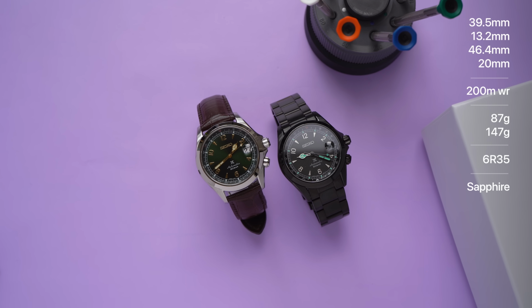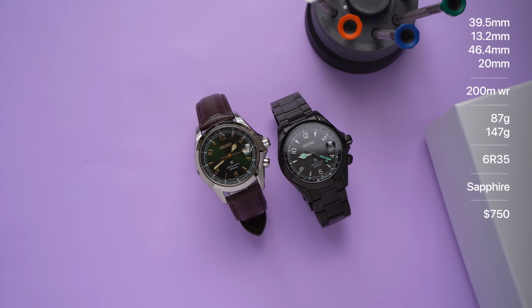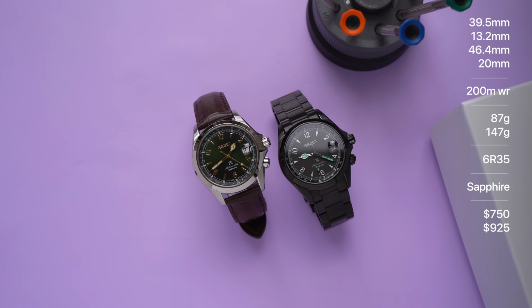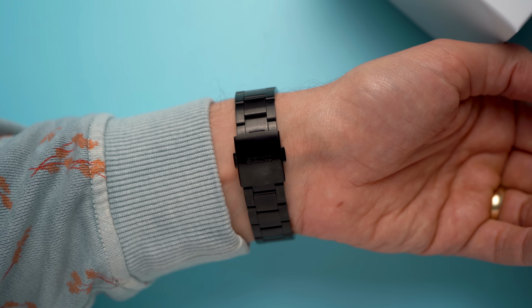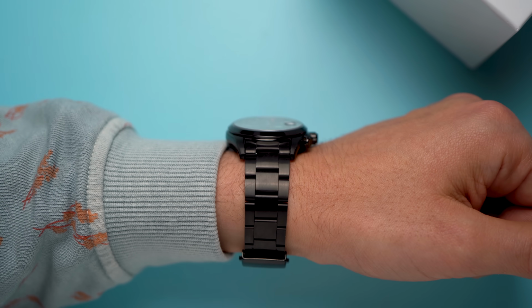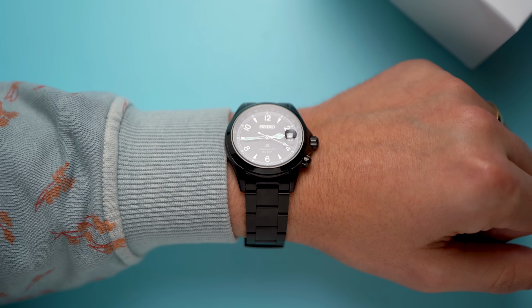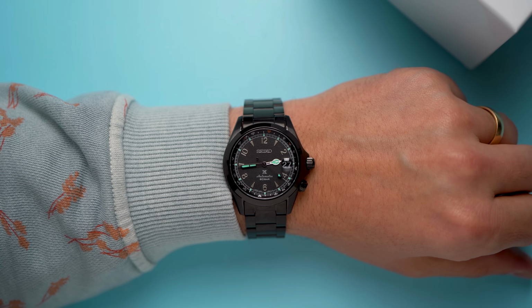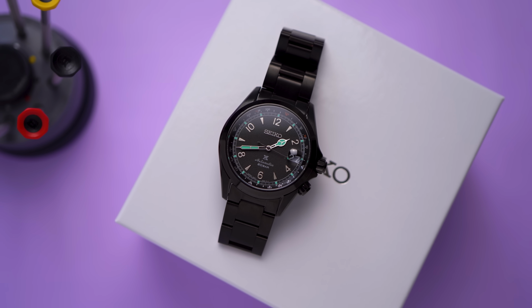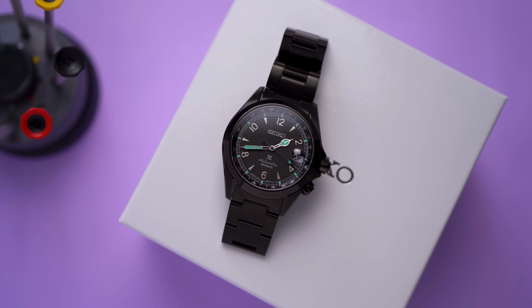Both watches use the 6R35 Seiko movement and has 70 hours of power reserve, and both watches use sapphire crystals. The green SPB121 lists for $750 and the black Night Vision SPB337 lists for $925, but it's increasingly tough to find because this is a limited edition. Now, when I hear that a watch is a limited edition of 5,500 pieces, I usually scoff. I say, I scoff at you, sir or madam. But with a brand as big as Seiko, 5,500 watches will eventually sell out, and this is pretty close to